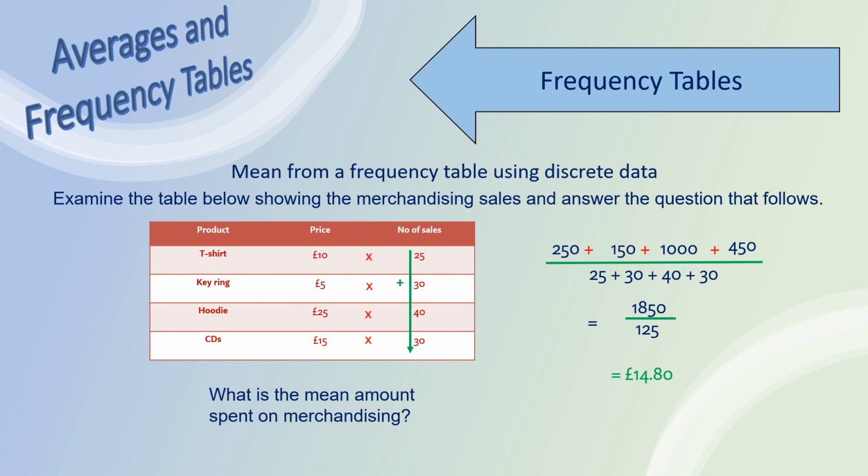And you can see it's within the realms of all these numbers, so it gives you a good average within these numbers. Okay, so the average, or the mean, is £14.80. Now that's discrete data. Remember, discrete just means a solid number. Don't get hung up on that. Okay, it just means a solid number. Now let's look at